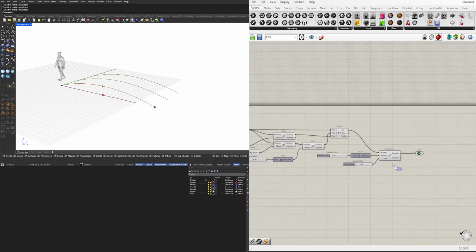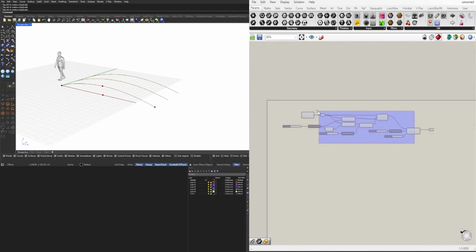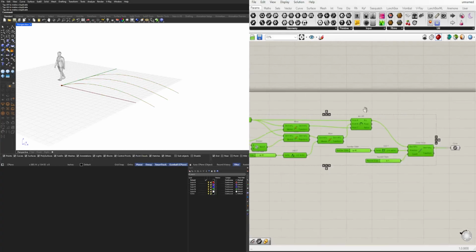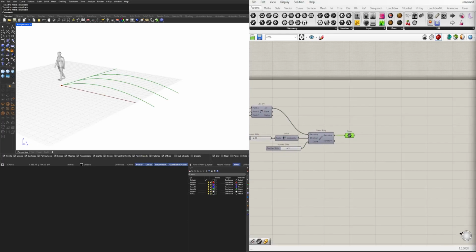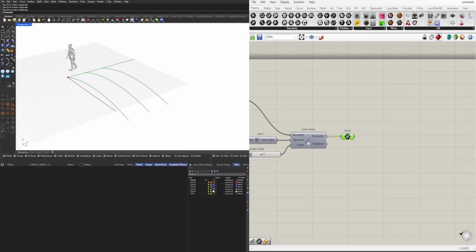Now that it's here, I can disable it all the way back here. Now we can always bring those back and use them again, but for now, now that we have that done, let's move on and start developing this. So first thing is we're going to offset